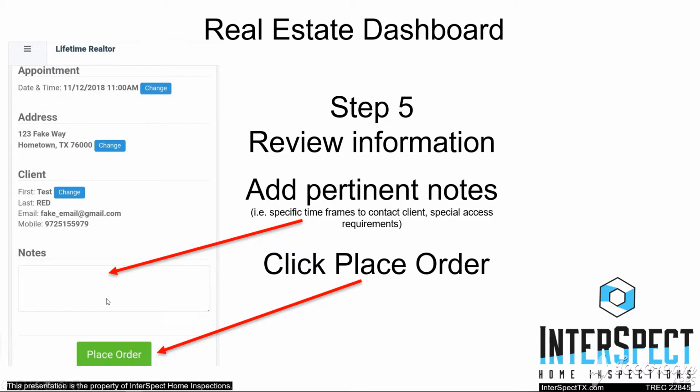Review the information here. If there's anything that we need to know, any special requests, contact you before we contact the client, specific hours to contact the client, any special access requirements for the property. If it's not on Supra, maybe knock on the door 3 times, ring the doorbell twice, and we'll gain access. Whatever it is, let us know that here while you're thinking about it, while it's on your mind, and we'll